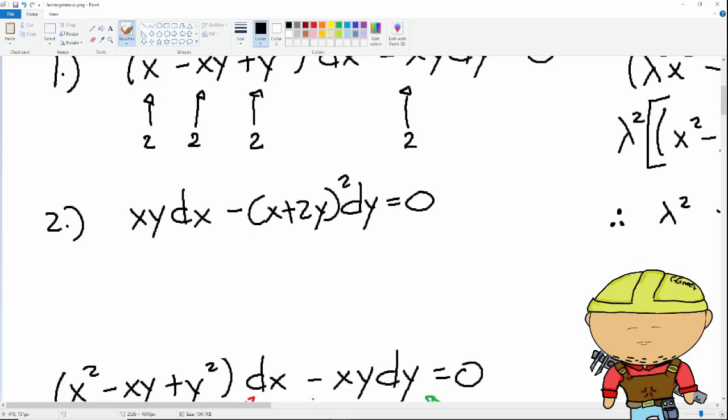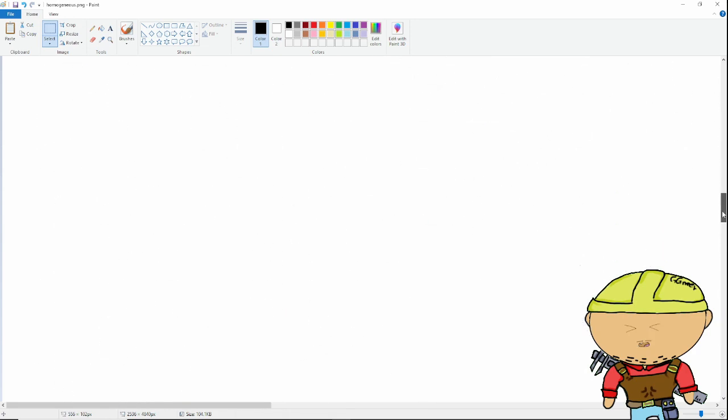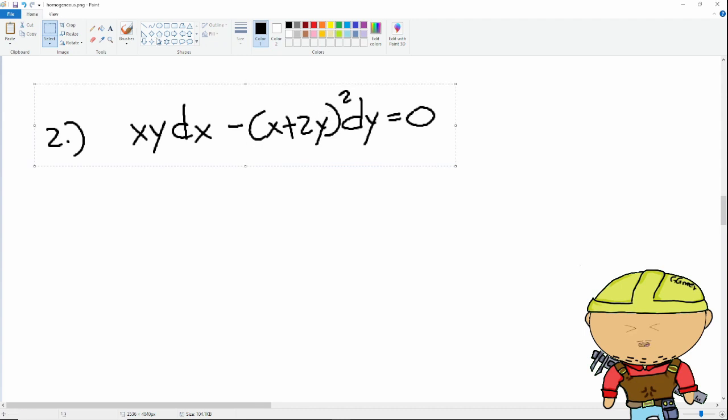Okay, so for our second example of a homogeneous equation, we have xy dx plus (minus x plus 2y) squared dy. Again, for a homogeneous equation, we substitute either y equals vx or x equals vy. And also, we test for homogeneity. So we're going to test for homogeneity first, just